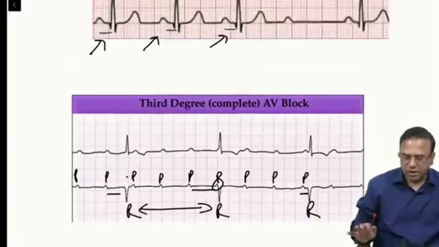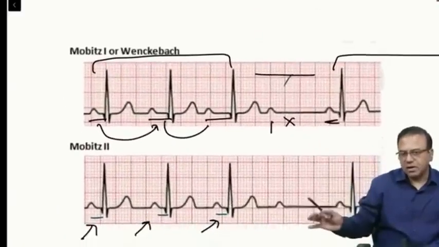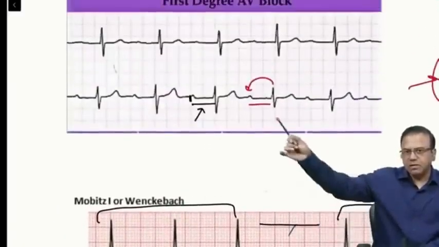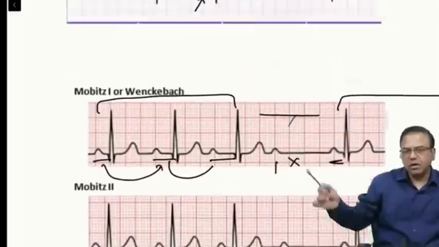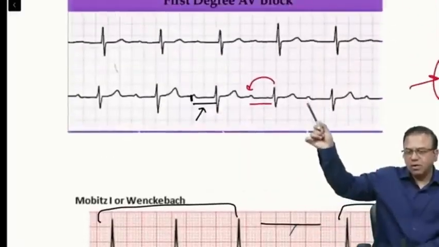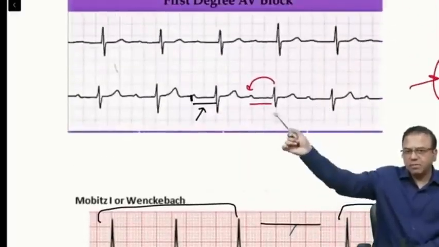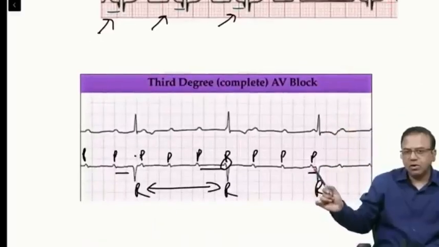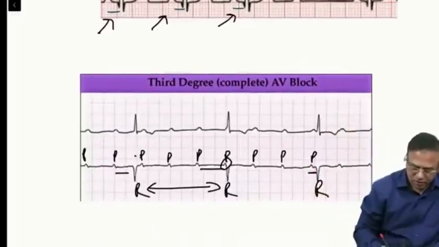Now here is the important idea. Again, if the RR interval is unequal, choose Mobitz. If the RR interval is equal, choose type 1 or type 3. In type 1, for every QRS only one P wave and it will be a fixed gap every time. In a complete heart block, you will not notice a fixed picture,